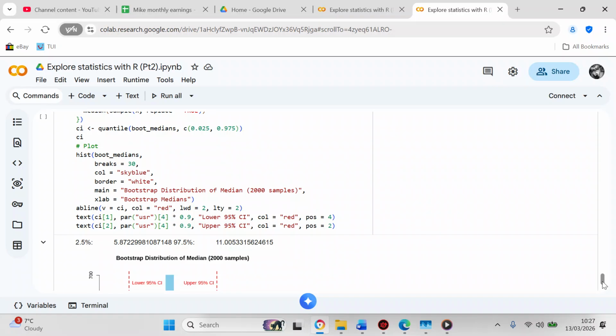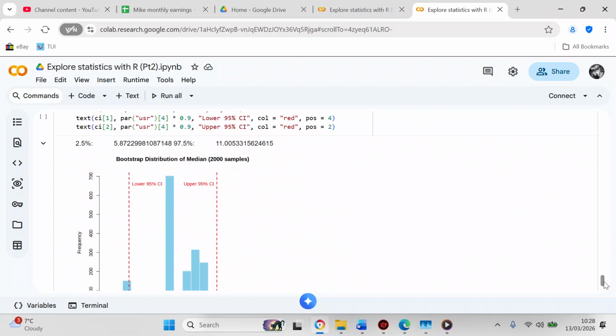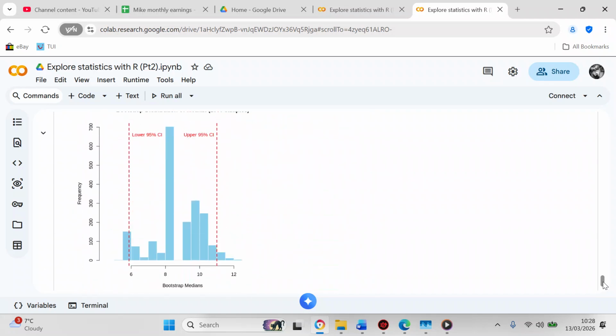Text, CI, square brackets 2, so that's your upper confidence interval, comma, par, brackets, usr, square brackets 4 times 0.9, comma, upper 95% CI, comma, color equals red, pos equals 2. So we're going to run that cell. And then when we run the cell, we get a